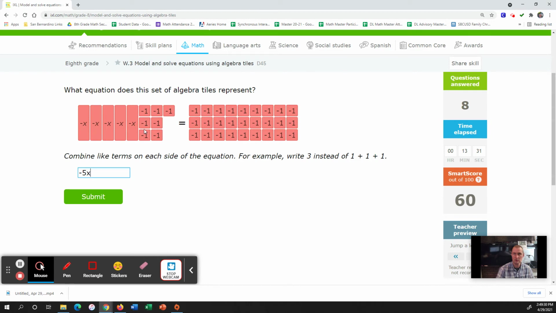Now we're going to get on to the ones. Because the ones are all negative, we're going to be using subtraction and counting up the number of ones. We have 1, 2, 3, 4, 5, 6, 7. Minus 7